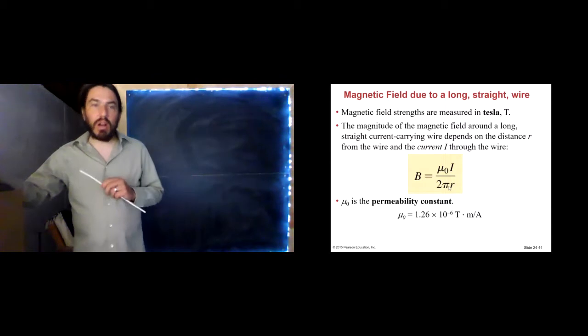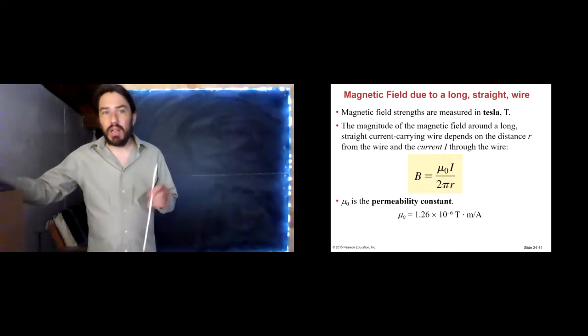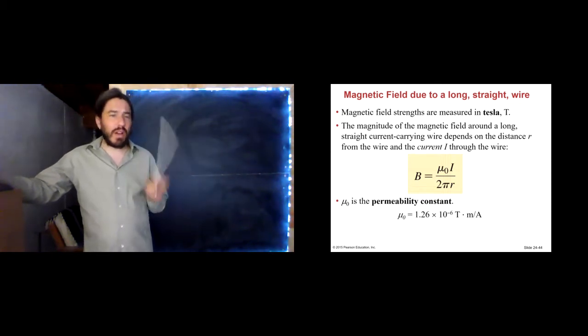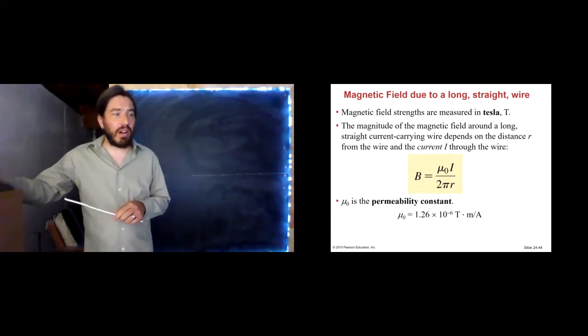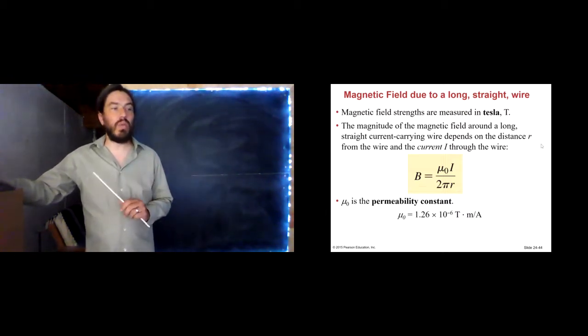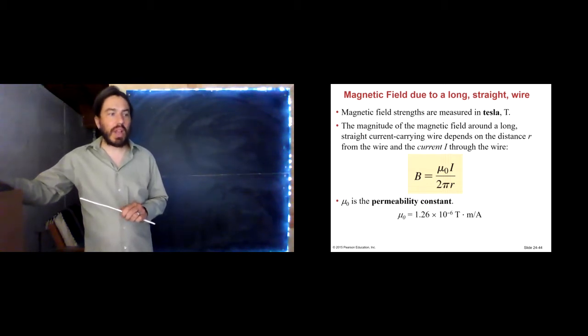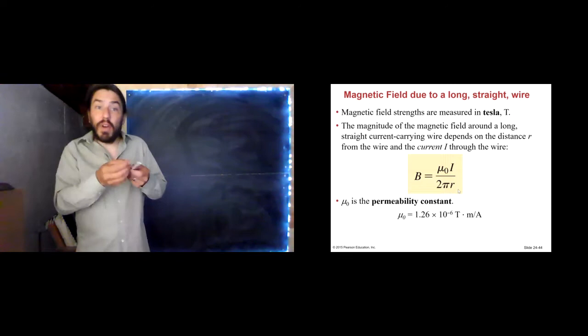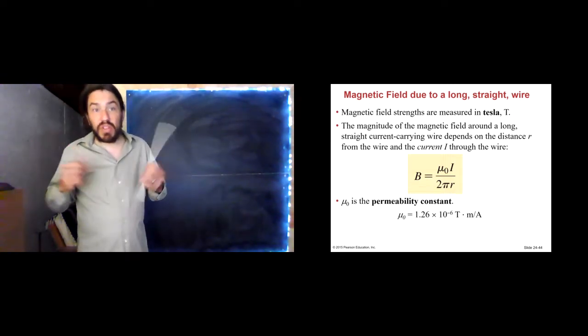Be careful here. Now, R is not the radius of the wire. We see so many round wires, we see an R, we think radius. Ooh, that's not what that means. In this case, R is the distance from the wire. The distance from the wire. It is not the radius of the wire itself. Okay, and so we see that the larger R is, the farther we get from the wire, the smaller the